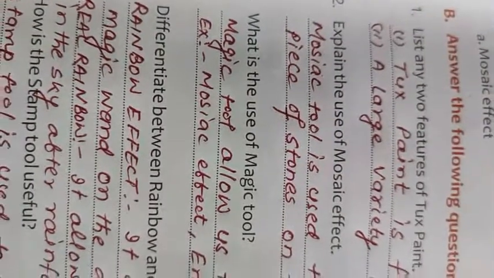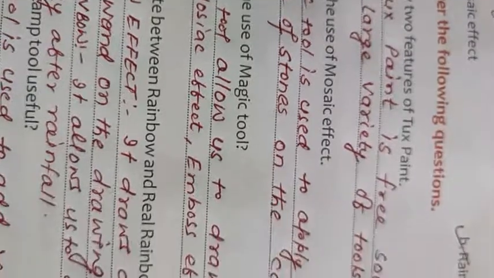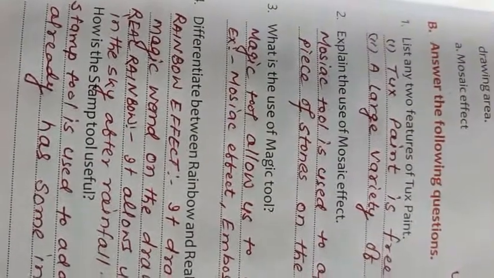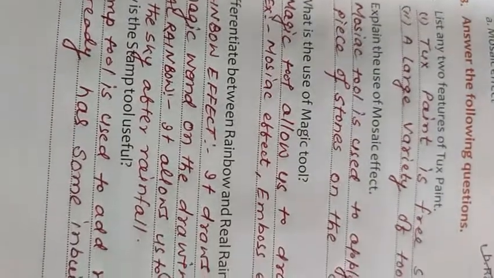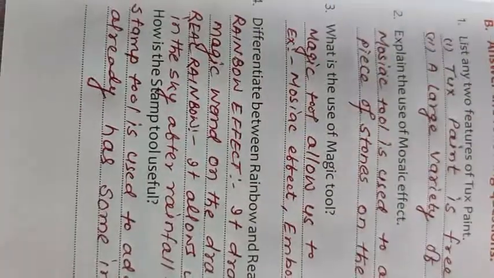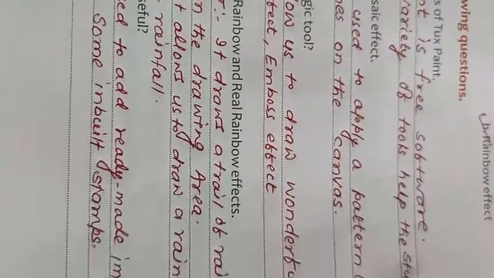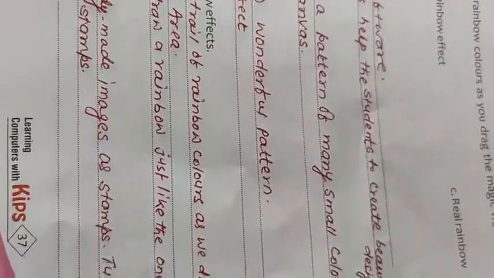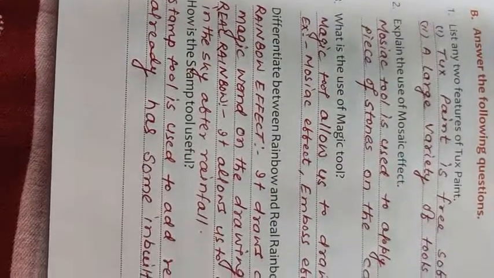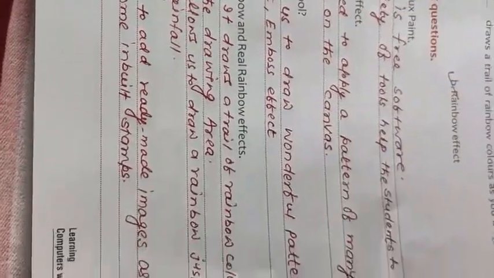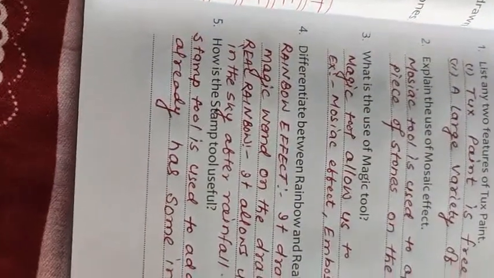And what is the use of magic tools? Magic tool allow us to draw a wonderful pattern. Example, mosaic effect and emboss effect. Differentiate between the rainbow and real rainbow effect. Rainbow effect, it draw a trail of rainbow colored as we drag the magic wand on the drawing area. And real rainbow, it allow us to draw a rainbow just like the one we see in the sky after